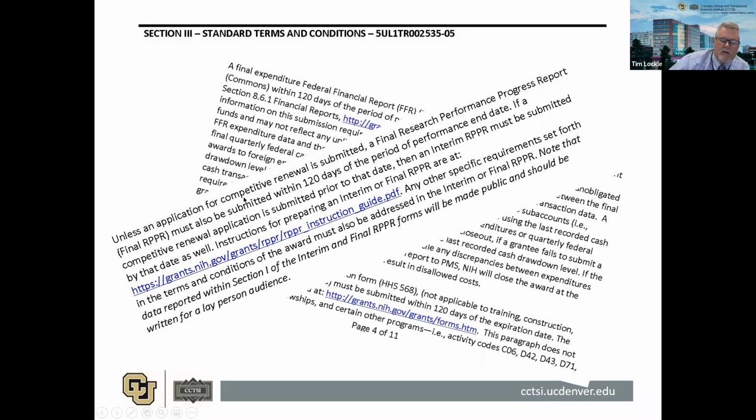So you find out this stuff by reading through some of these sections that have terms and conditions, and you should do that and highlight areas where you think you're being asked to prepare some kind of a report or provide some type of information, and understand the time frame. And if you don't really understand what they're asking, then make sure that you reach out to folks locally at our Grants and Contracts to say, hey, help me interpret what this really means. Or if you've got administrative support within your division, department, section, whatever, somebody there that can help you understand that,